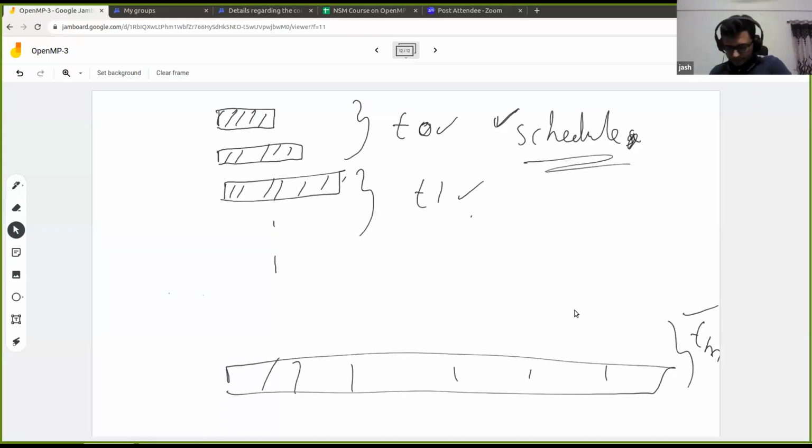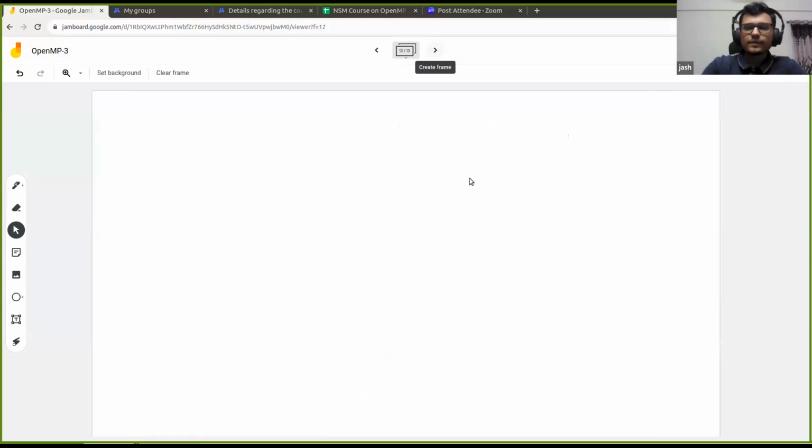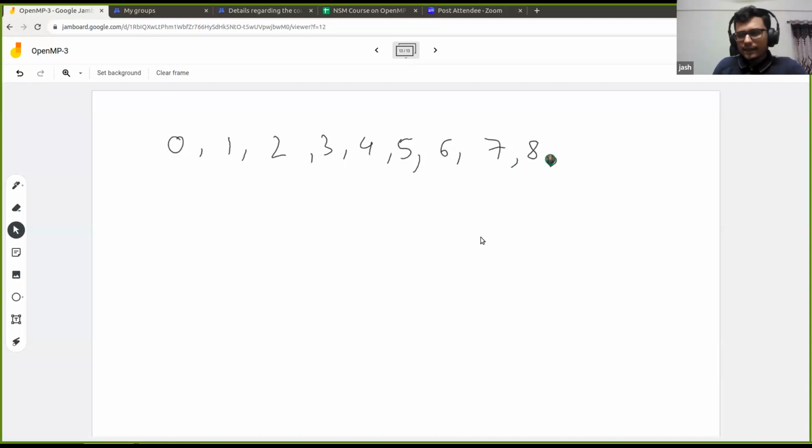So yeah, we have 10 iterations, from 0 to 9 as we saw. And let us say that we have two threads here, t equals 2.